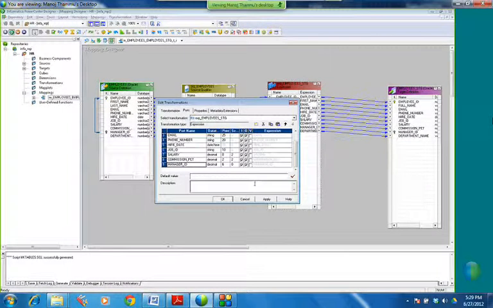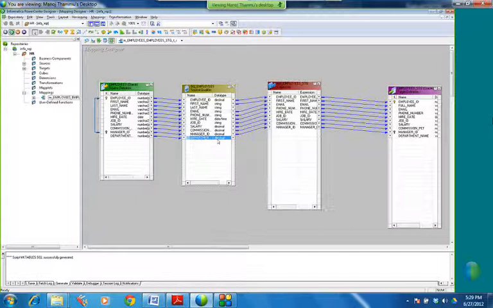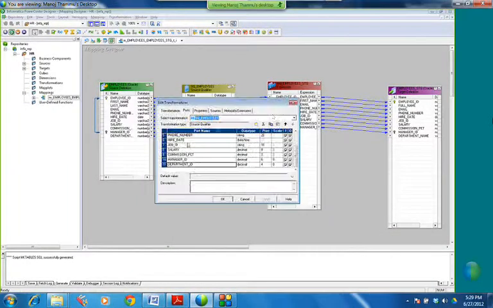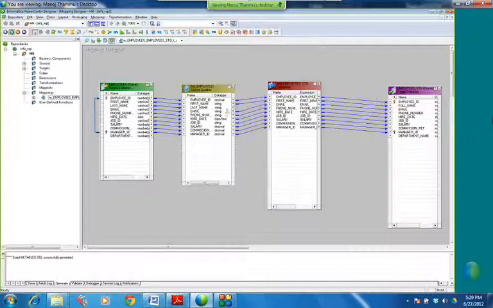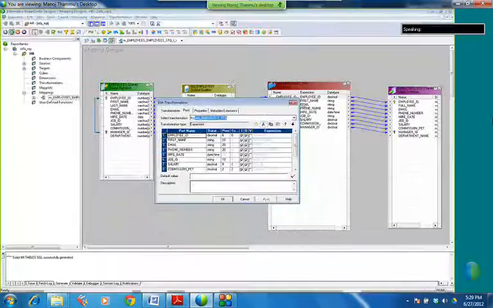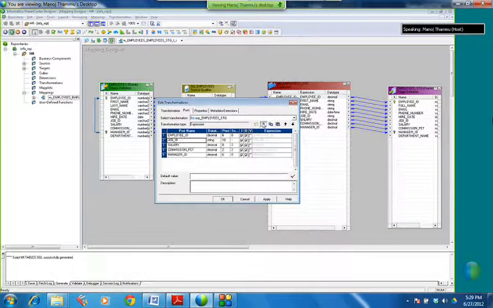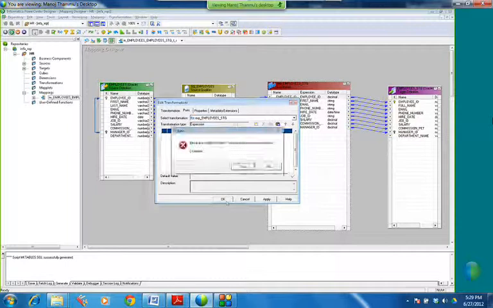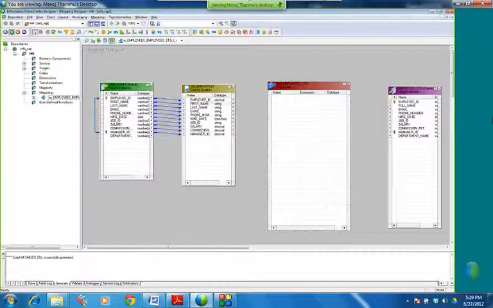We don't need department ID as well, right? Okay, so we don't need this department ID right here. All we need is first name, last name. Okay, and delete this. So let me delete all this and I'll re-add it. It is all a little bit messy.